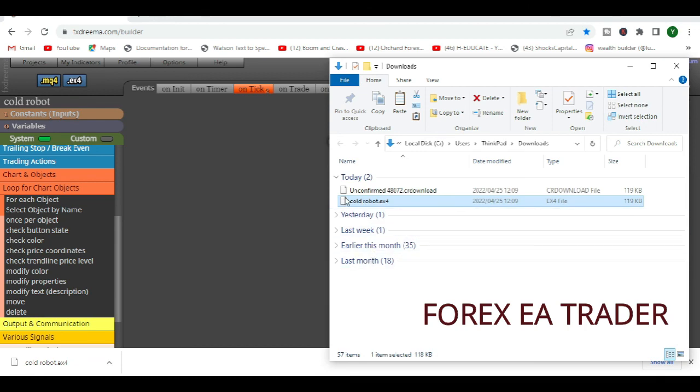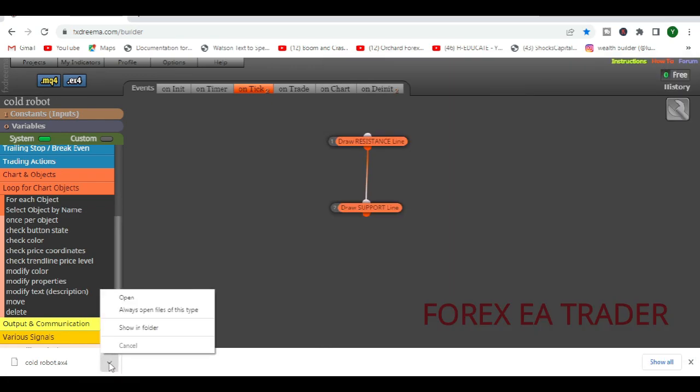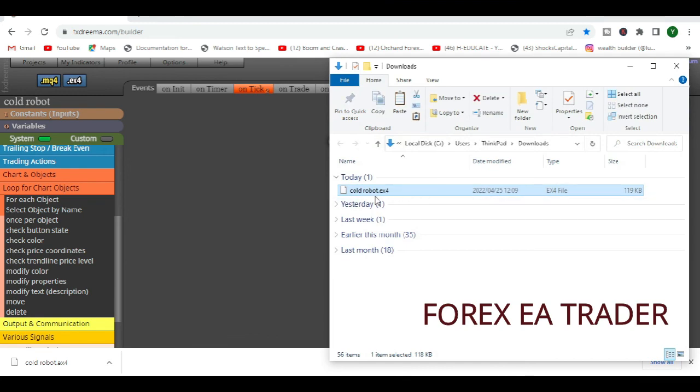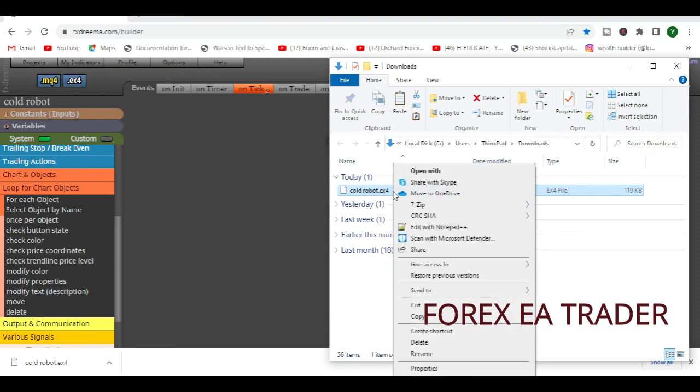Has it finished downloading? It's saying unconfirmed download, like it's not yet finished downloading. Let's do it again. Show in folder. Now it's finished. Then we are going to simply copy this,